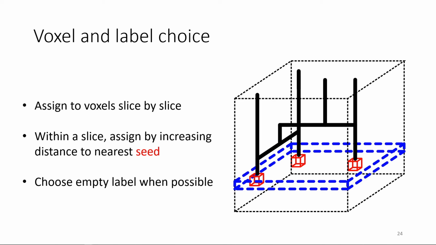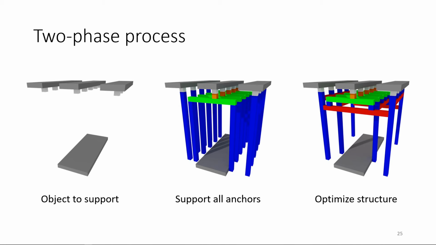A crucial rule is that the empty label has the highest priority, preventing uncontrollable growth and encouraging sparser structures. Our synthesis algorithm operates in two synthesis phases. Here, our input model consists of 3 slabs needing support and an obstacle on the ground that the supports will have to avoid. First, we take the input model and